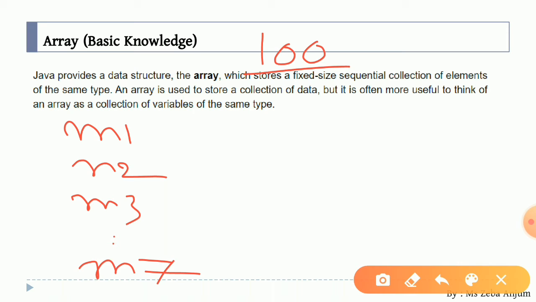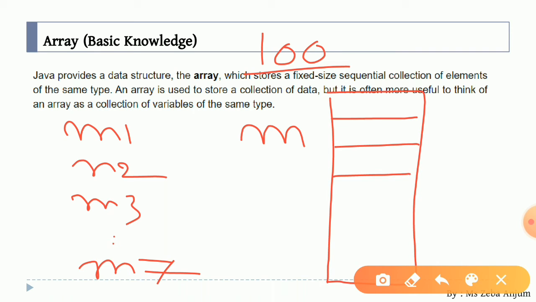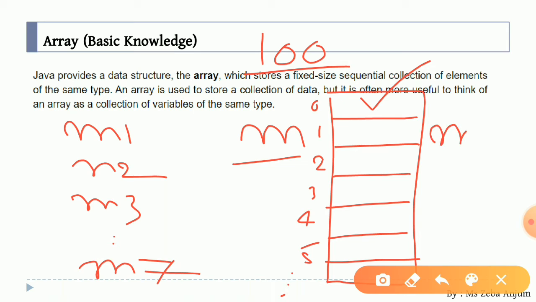Instead, what is the main logical part that you can do? You can just take the name as it is, M, and define its size, so that this M is having a sequential memory. Okay, now after this it will create small small blocks here. And over here you are taking what? M0, M1, M2, M3, M4, M5 and so on. Okay, so you need not make different variables for every kind of mark. Yes, you have made just one memory, just one variable, and you are just going to change the subscripting part. Okay, so if you want to access this first element, you have to access M0.